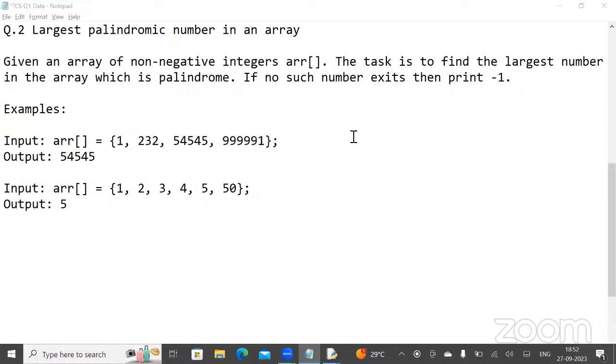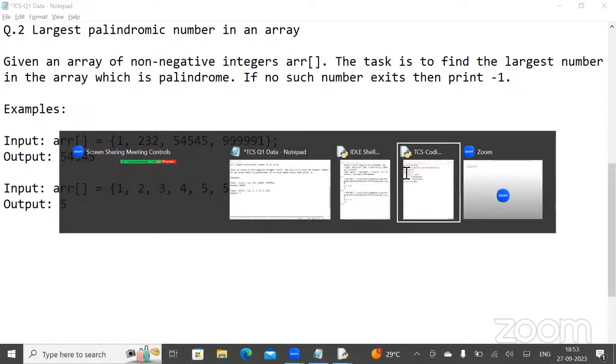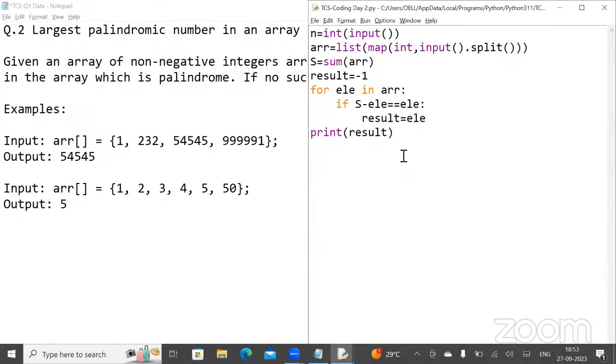Instead, as we have two different tasks here, finding the largest number and checking the palindrome, you can first find the largest number, and at the same point check whether it is the greatest number in the array and a palindrome or not. Let us check what technique we are going to follow in the code. Let us get back to the code, and here I'm going to write the execution.